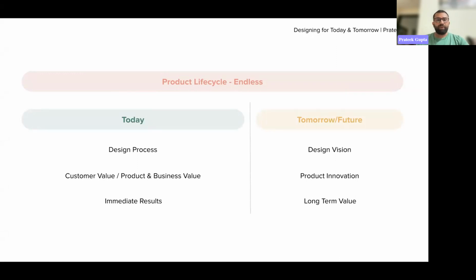Today is where we talk about the design process, right? All your define, ideate, prototype, all these things come when you are doing today. And today is where you talk about customer values, product and business values, something that the customer needs, and that's what your product is going to solve. And lastly, you build for immediate result. Within a short time, maybe if you follow agile or whatever, within a release, your feature is going to go live and people are going to use it and there will be